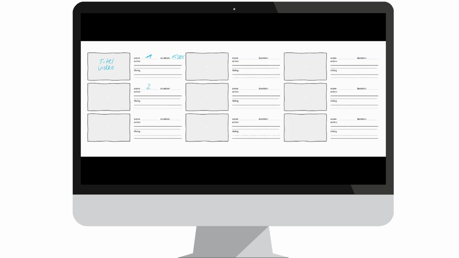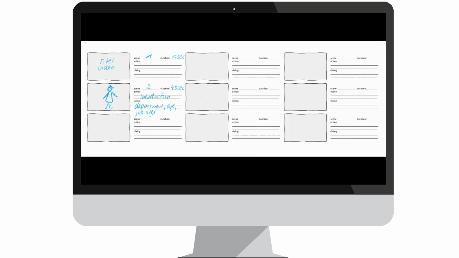And then the second scene should be Jakob, who is introducing himself. Maybe he also thanks the colleague who nominated him, and I think this should be a maximum of 45 seconds. And I also think it's nice if he says in which department he's working for, maybe his age, maybe his job title. So he tries to introduce himself.